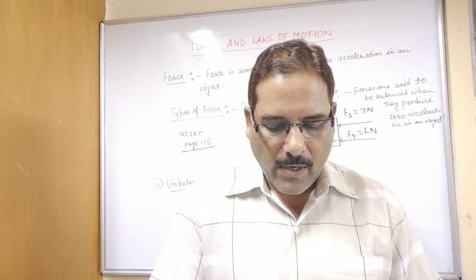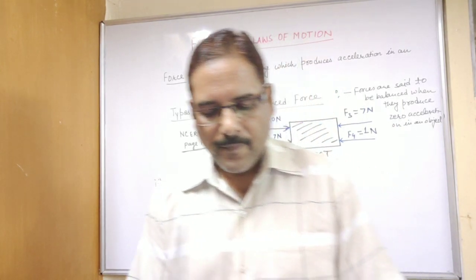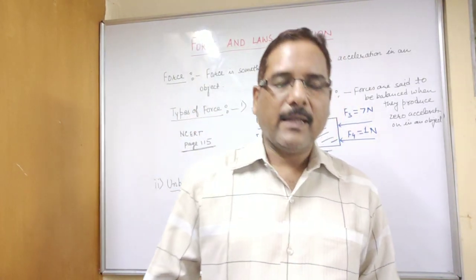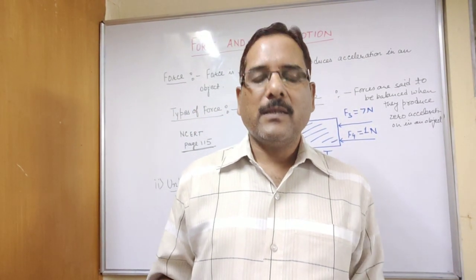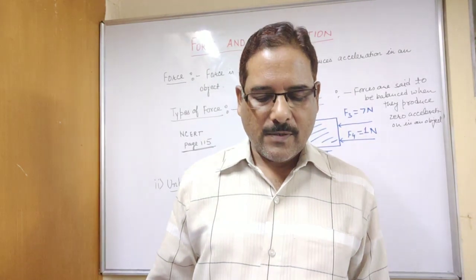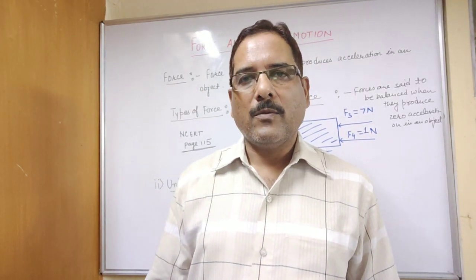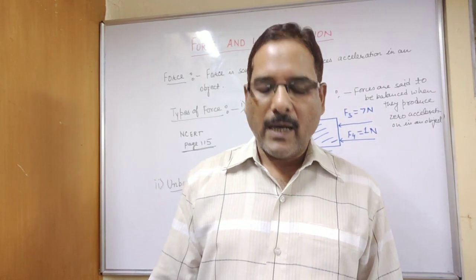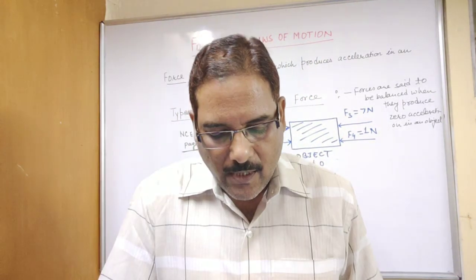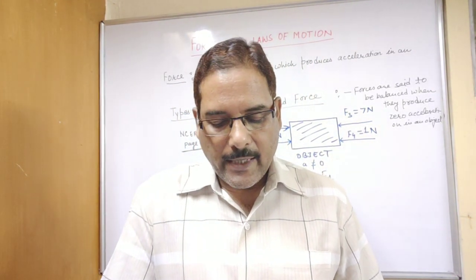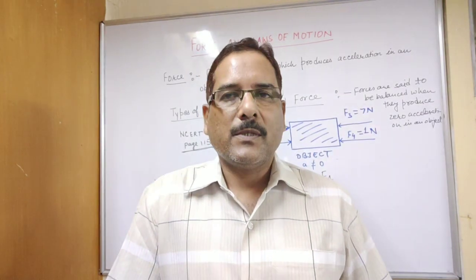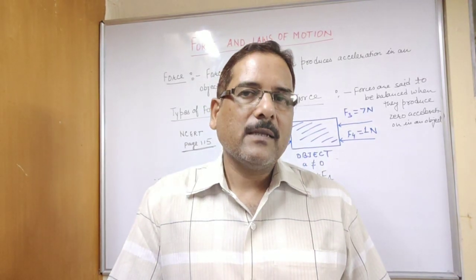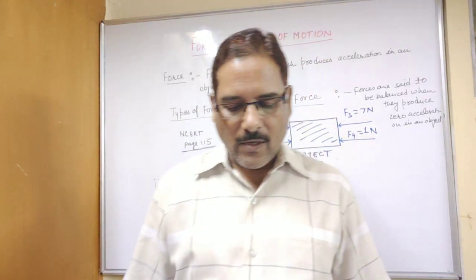If they push the box with a small force, the box does not move. So the floor is very rough and there is a heavy box on it, and if the children initially apply a small force, then the box will not move. Why will the box not move? Because the frictional force is very high. The box does not move because of friction acting in the direction opposite to the push. As you know, friction always opposes motion, so it acts in the opposite direction. As a result, the box will not move.